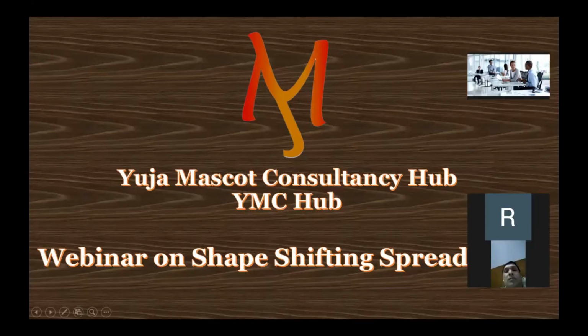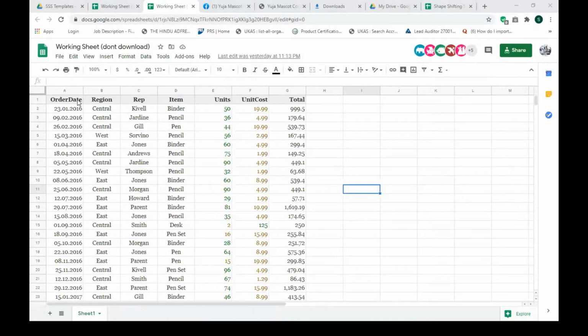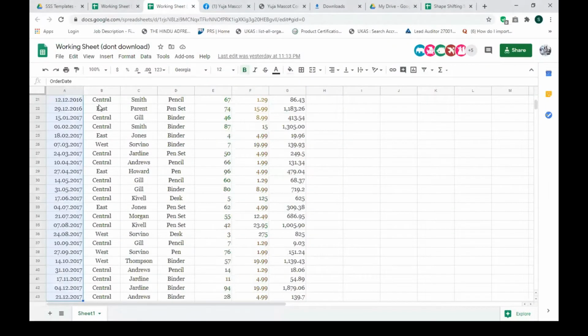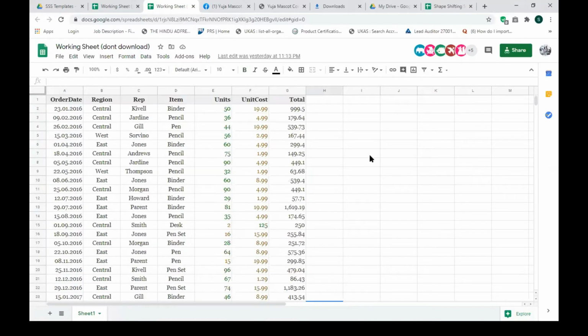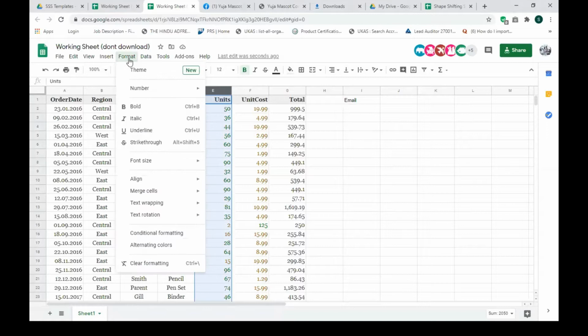Let's just start with our presentation. This Google Sheet you can access on all your devices. You can edit it via mobile. You can edit it on your system. And I'll quickly teach you how to remove the access. This item sheet or this unit sheet is something which I want to restrict access for.